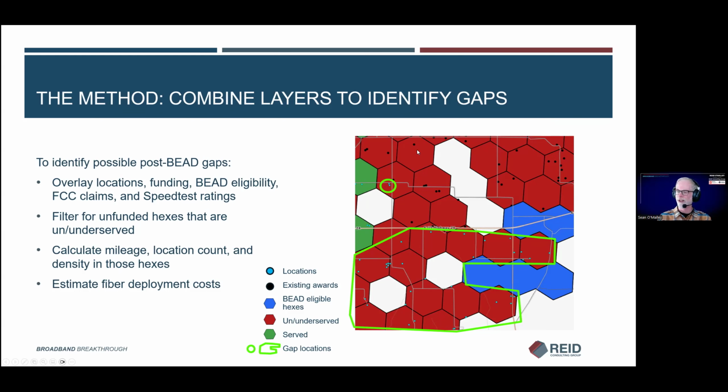All these red hexes are places that are showing up as unserved or underserved. Black dots already have funding, so you can see the gaps in this case. I've got little green circles around them. All of these light blue dots are locations that we're identifying as not having any viable wired service, and not having any funding either.